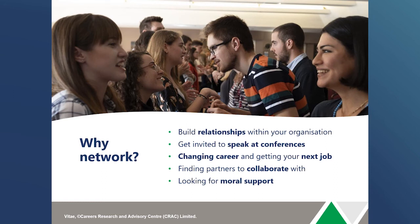Well, again, it's about building relationships within your own organisation. You might also get invited to speak at conferences. It helps when you're changing career and getting your next job. So again, just seeking out people who you might want to approach for future job opportunities. It might help you to collaborate, so find partners to collaborate with in your research, and also just for looking